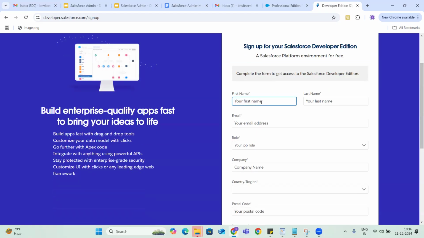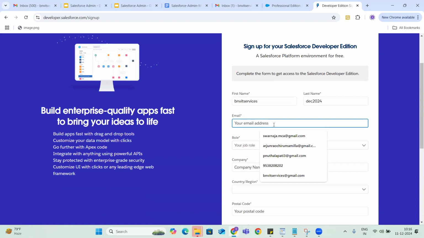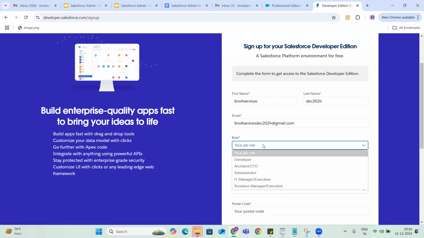Let's give a first name and last name, and email address, and the role. As we discussed, we have different roles: developer, architect, administrators, managers, or business users.